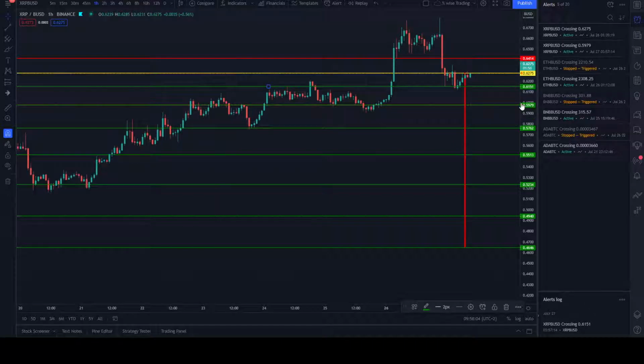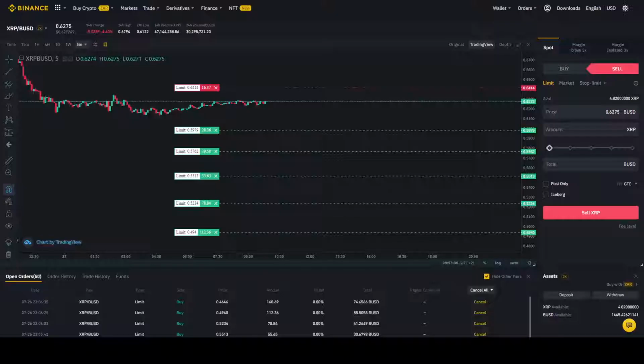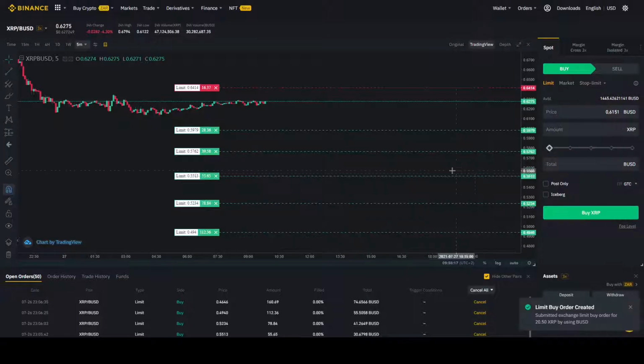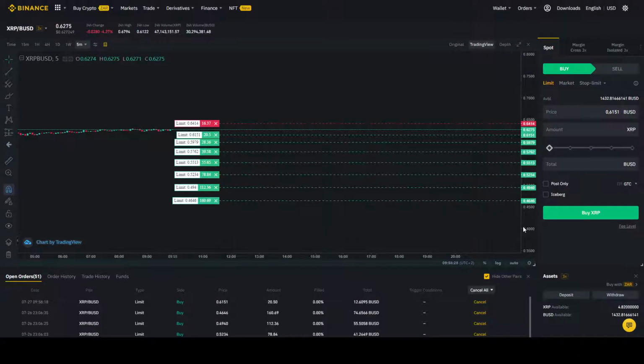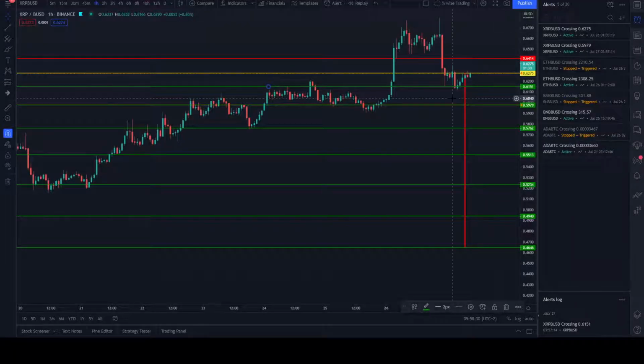So let's go back to 0.6151. New limit order, 0.6151. Amount is 12.61. That should come in. And when you count the trades, you'll see I'll always have 8 limit trades waiting. That means XRP is back up and running.